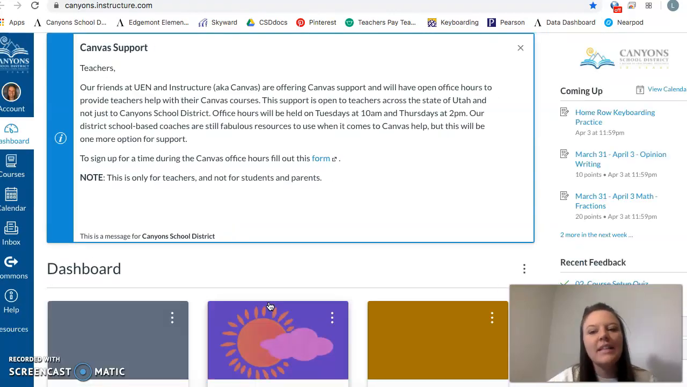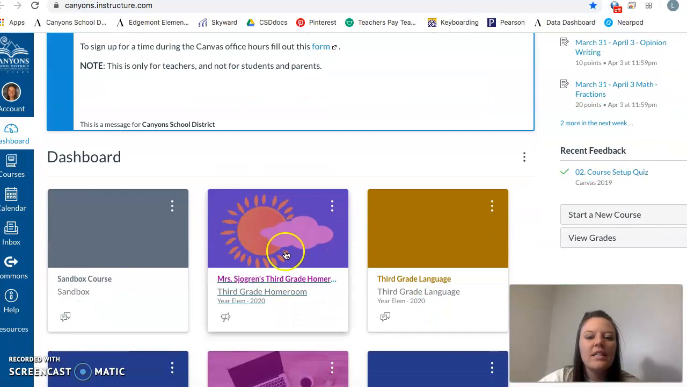And when it opens up, you might need to log in. And when you log in, you're going to use your school email, but without the csddocs.org, and the same password you use to log into Clever or onto your Chromebook. And then you're going to see Mrs. Sjogren's third grade homeroom. This is where all our assignments will be and where you will turn everything in for our online learning. So you'll click here,